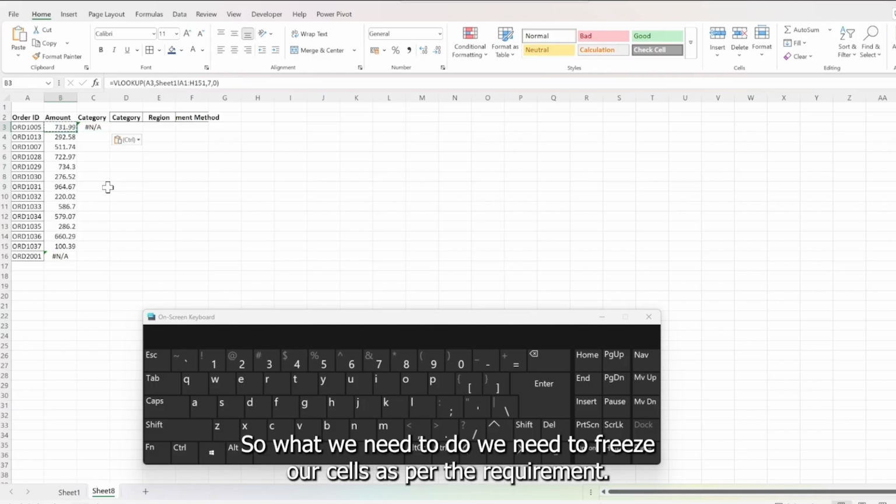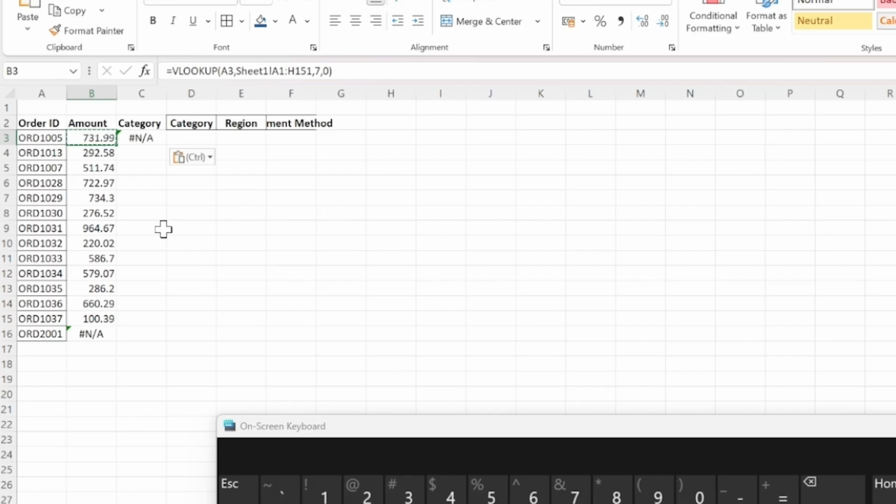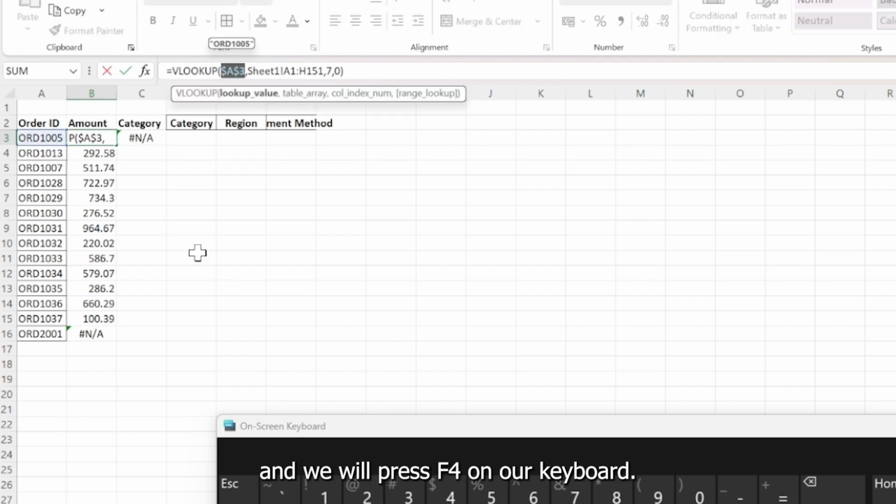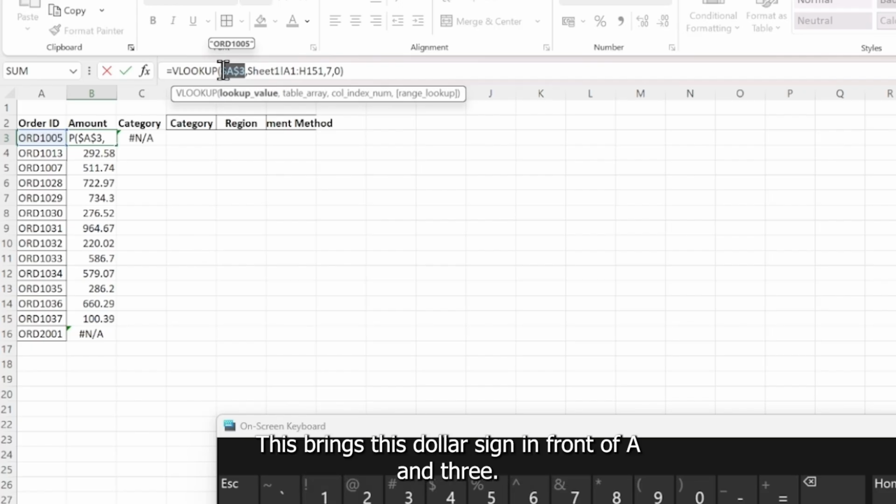So we need to freeze our cells as per our requirement. How will we do that? We go to our formula in the formula bar and press F4 on our keyboard. This brings the dollar sign in front of A and 3. It means A भी freeze हो गया and 3 भी freeze हो गया.